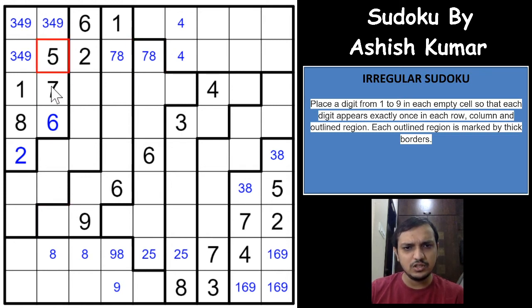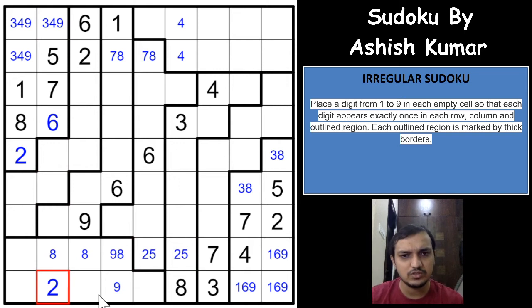If you see the second column, a very narrow logic here: where can 2 be in the second column? It cannot be in these two cells. 4 cells are already eliminated, it cannot be in these two cells, it cannot be here. You have a 2 5 pair, so it cannot be here, so 2 has to be here. That's a great logic. Which means 2 in the fourth column will have to be in one of these two cells. No other place for the 2 to be in that column.